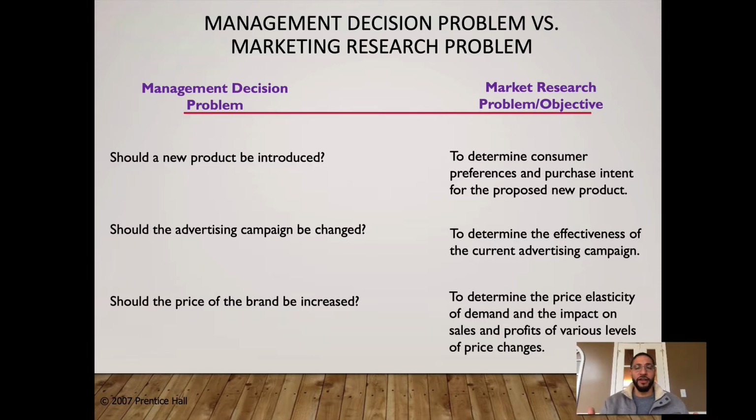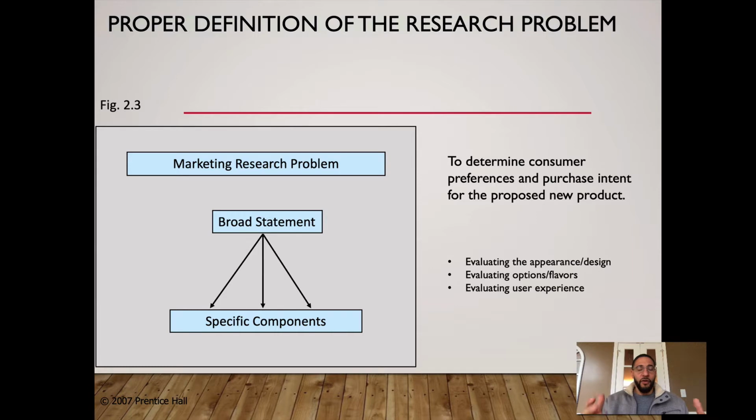Okay, so you see on the objective side, these are larger, overarching kind of objectives, and we're actually going to dial that down and get a little more granular. So here's where we talk a little bit about bringing those larger objectives down. That's the broad statement that you see here. So for example, we take the one about determining customer preference and purchase intent for a new product, right? Let's say we're working in innovation and we're looking to launch a new product, but we have to understand if people are going to like it, if they're going to be into it, are they willing to spend money on it? Well, there's a lot of different ways we can do that. There's a lot of different aspects that we have to check to make sure that this new product launch is going to make sense. So for example, if we bring that down to specific components, it might be things like,